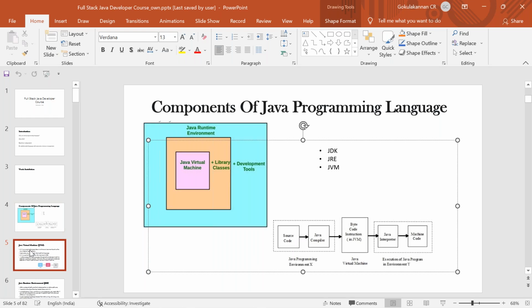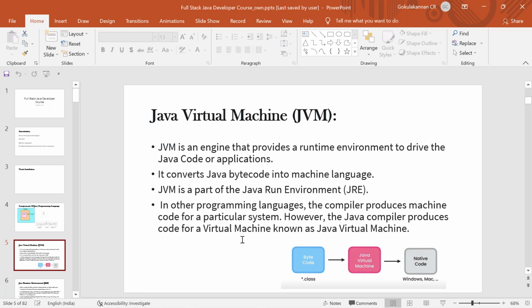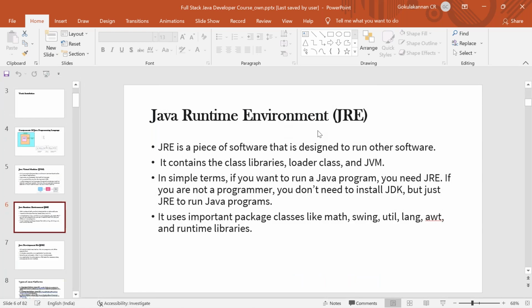There are some theoretical aspects I'll also be covering. What is the JVM? The JVM will convert your byte code, that is the .class file. If I'm giving you a .class file from my laptop, it will convert the .class into code that is understandable by your Windows machine, your laptop, your desktop. The JRE is designed to run other software.